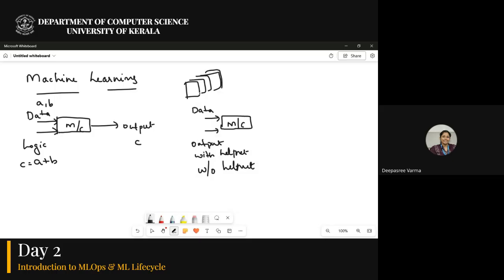So we give images, we label the images. We say these are the images, the red images are those without helmet. Okay, so this is without helmet, we give proper labels like this. And the output that we expect is the logic, or a way in which the machine can identify these images. When I give a new test case, the machine should be able to identify whether it has a helmet or not. So this is basically the basic workflow in which a machine learning model works.